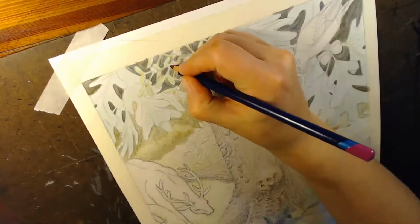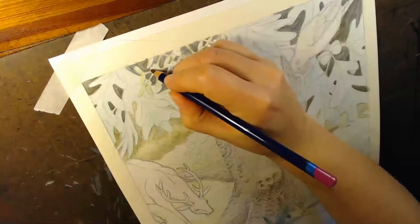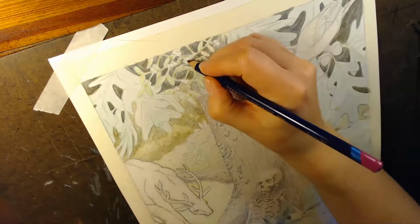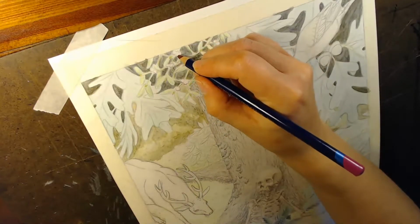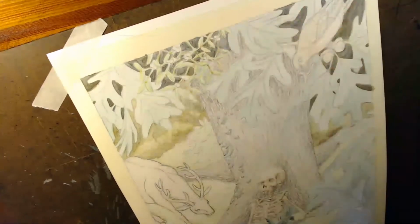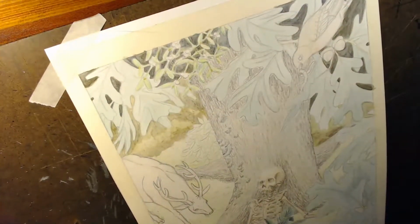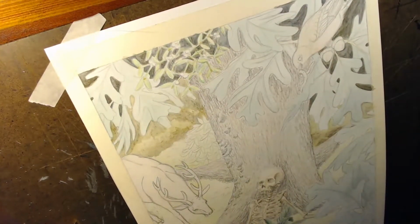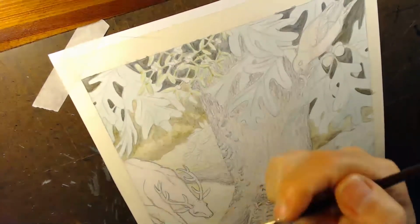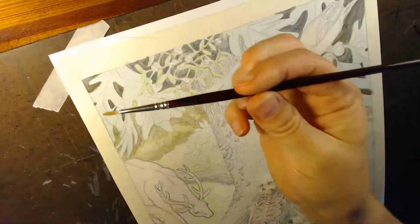And tiniest bit of other color on here. Tiny bit of pink to contrast them against all the green that's all around them. Hopefully that works. We'll find out. All right, I'm going to use an itty bitty brush to